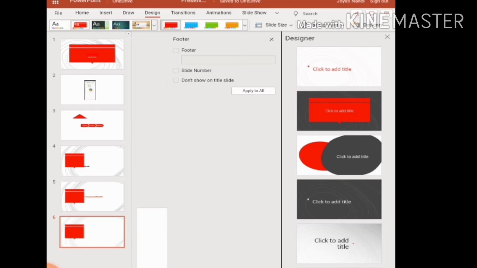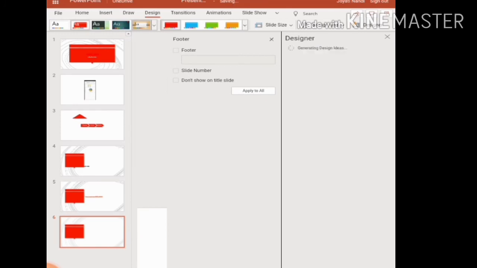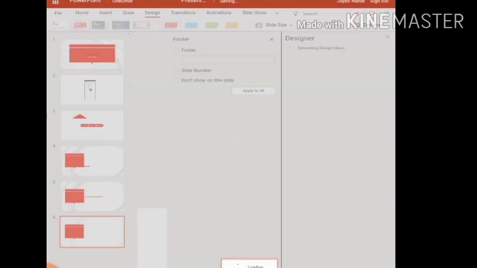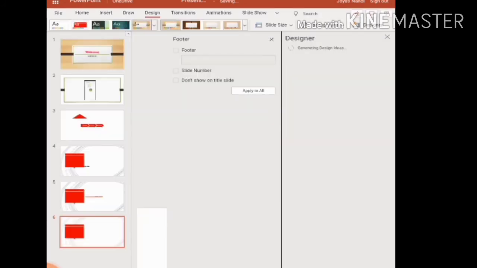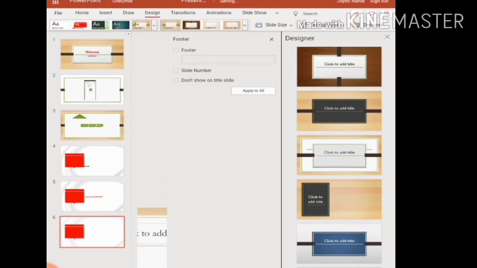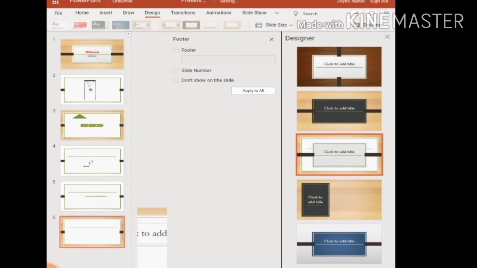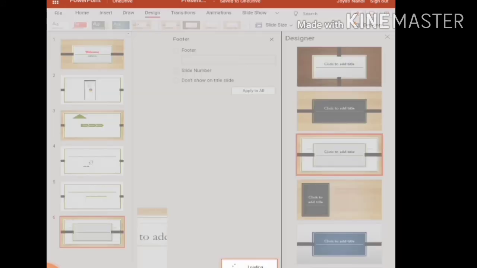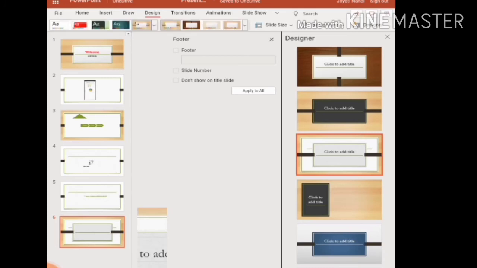Different types of slide designs appear here. I am applying a theme, say, this one. So I have applied this to all the slides.